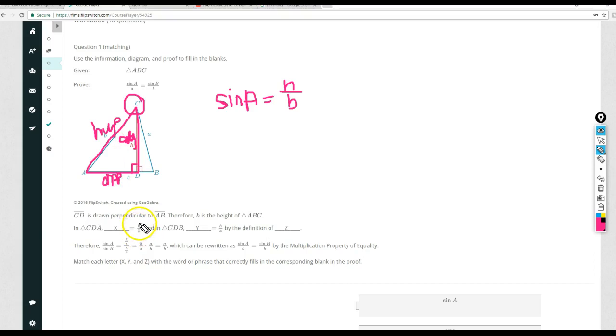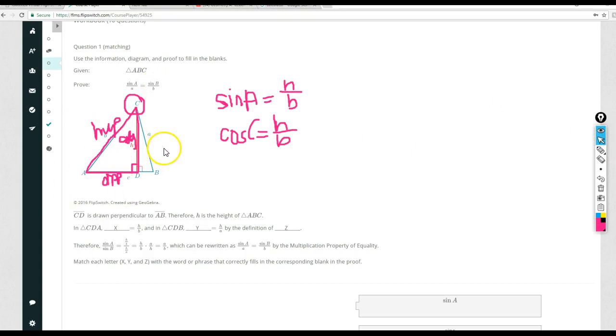And since the ratio right here was H over B, the trig function that has the ratio of the adjacent side length to the hypotenuse side length would be cosine. So I could have cosine of C is equal to H over B. So there's two options for writing the ratio of H over B